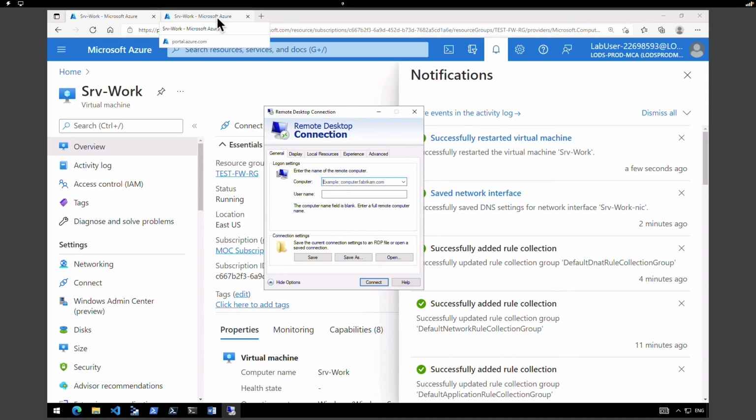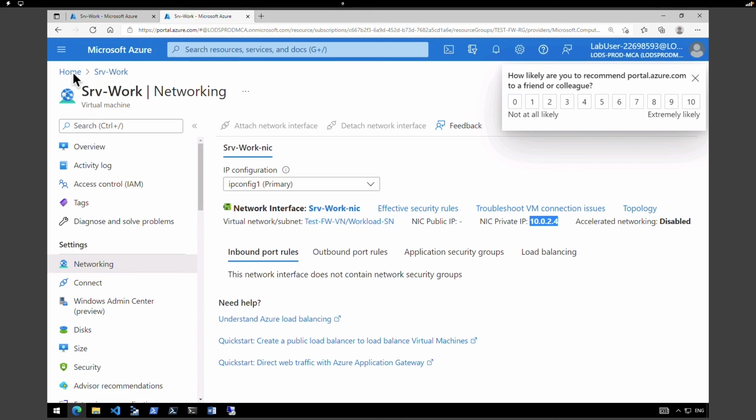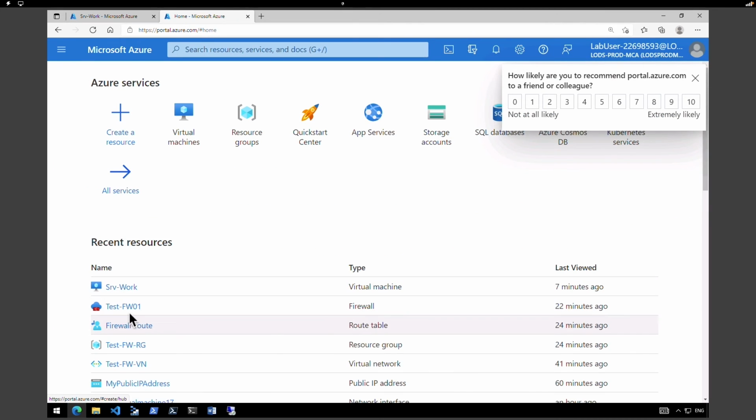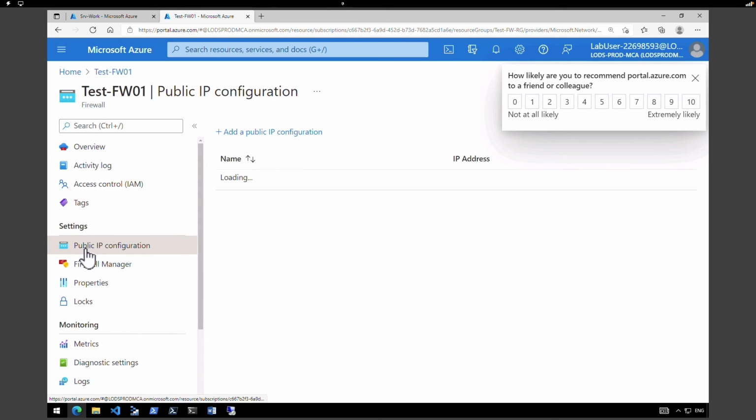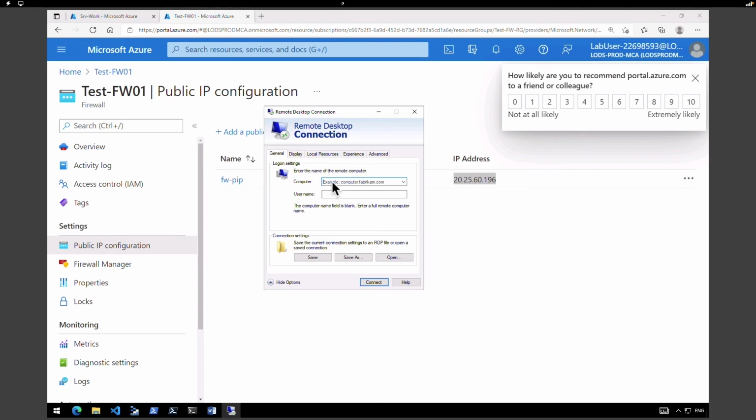So let's go back and find the firewall's public IP. I'm going to go home, click on the firewall. On the left hand side, click on the public IP address. I'm going to copy the public IP address of the firewall. I'm going to put that as the computer name and use colon and enter port number